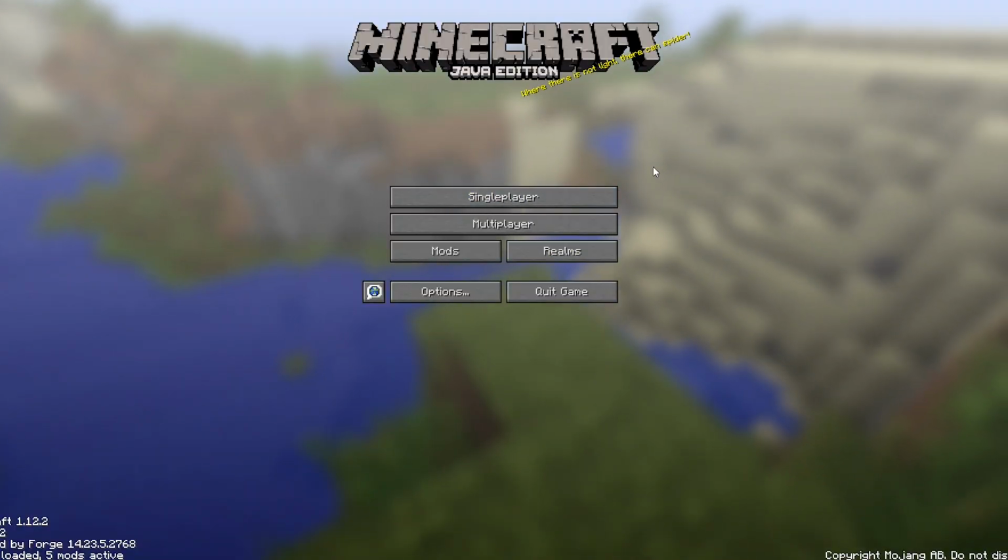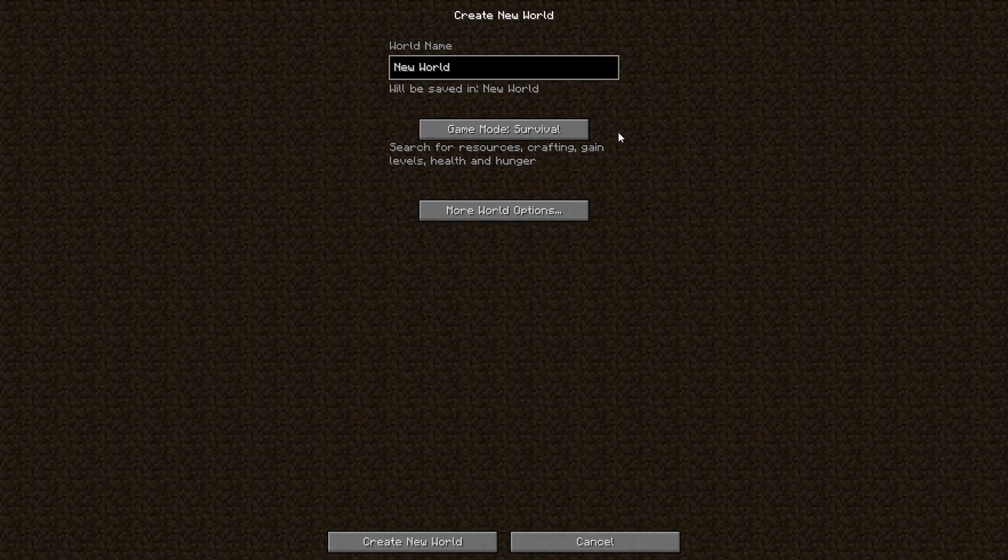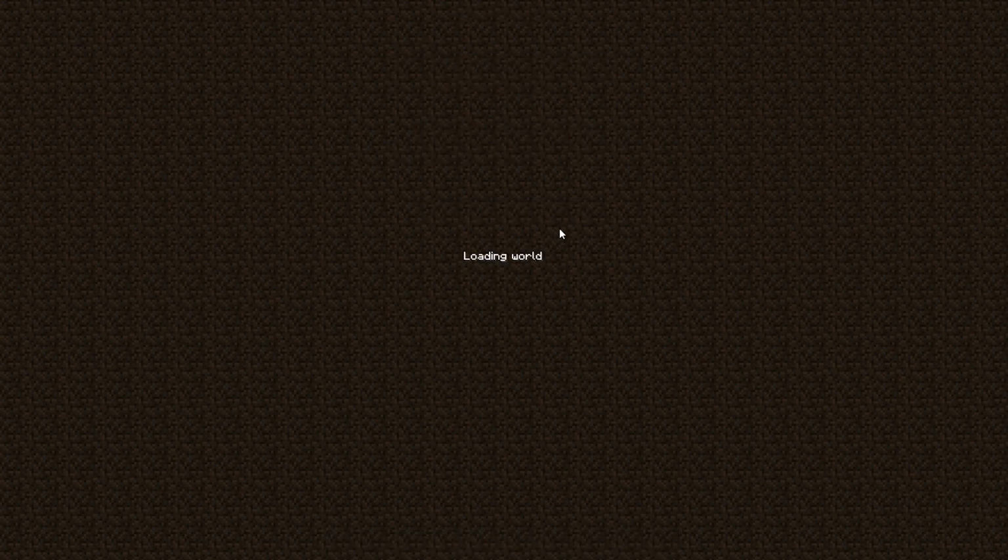All right, so we're inside of the game now, and we can go to single player and just delete the old world because we have new items now with generated blocks. Create a new world, mod testing is what I'm gonna name it. It doesn't matter. Hit create new world, and once you're inside this world, just double check to make sure your mod is working. If everything's good, then you know that your mod is ready to be published. So run the world,